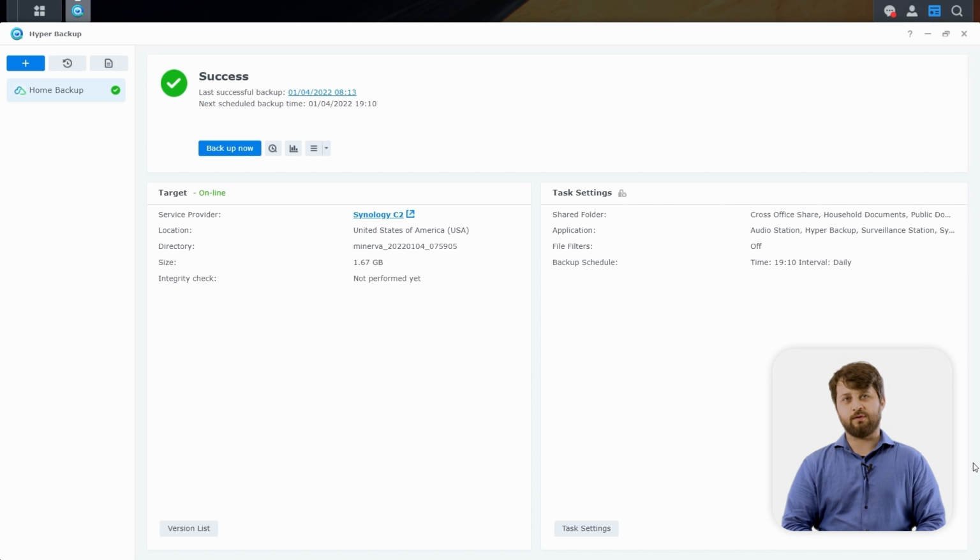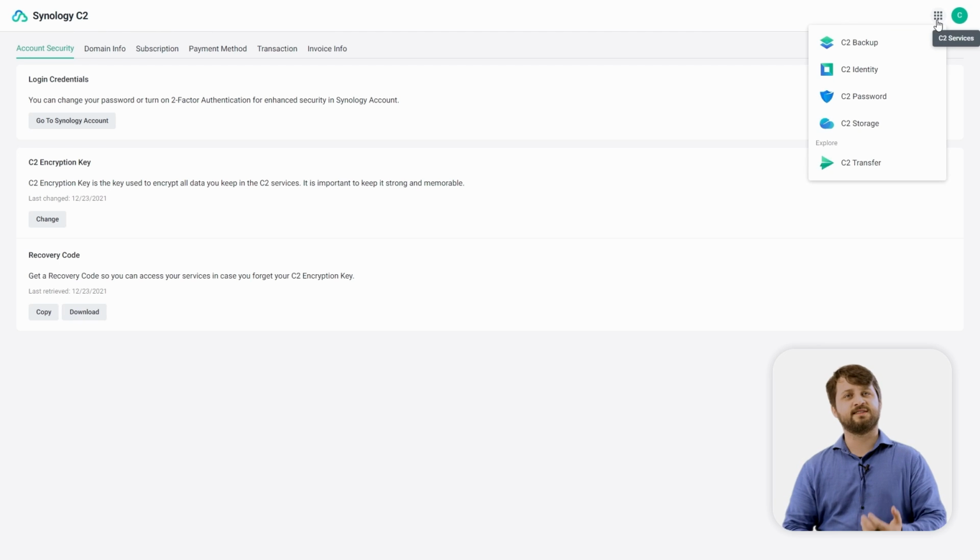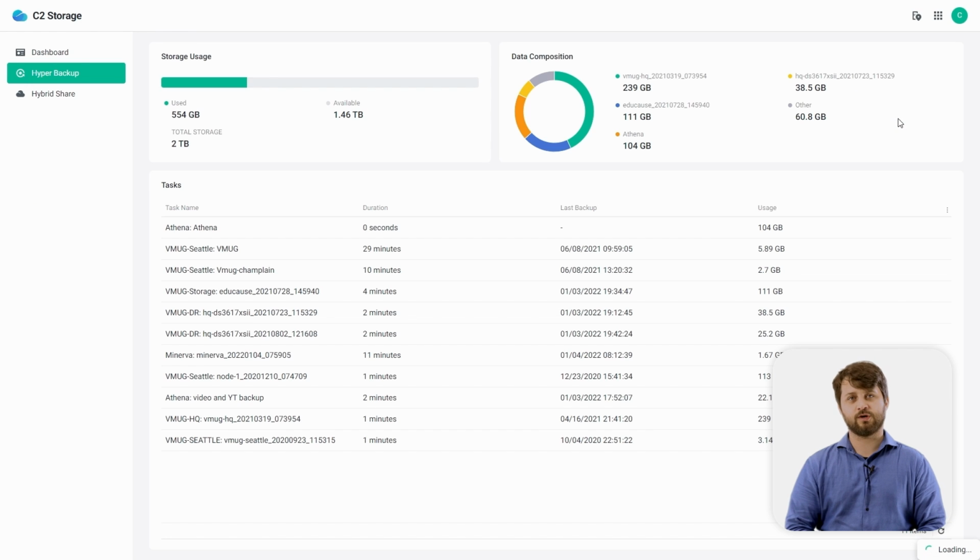Now what we're going to do is hop over to Synology C2 Storage's main login page. You're going to see another page pop open here, and this is going to be the main overview of your entire C2 account. So we verified we're on the correct C2 account, and we're going to navigate to the Synology C2 Storage module. There's a couple other C2 services that are now available to users worldwide, so go ahead and check those out if you're interested. For us, we're going to move into Synology C2 Storage, and you're going to get a good overview screen of how much storage space is being currently utilized in your Synology C2 Storage subscription.